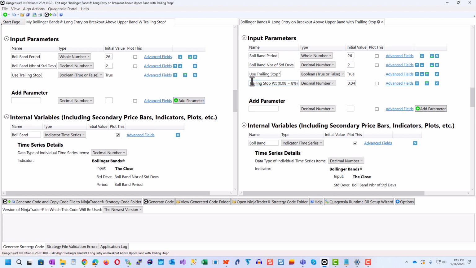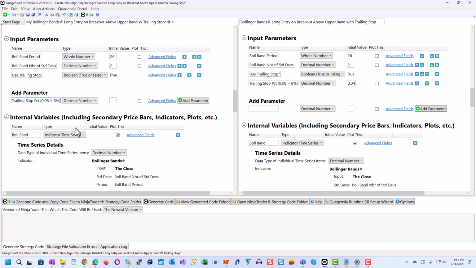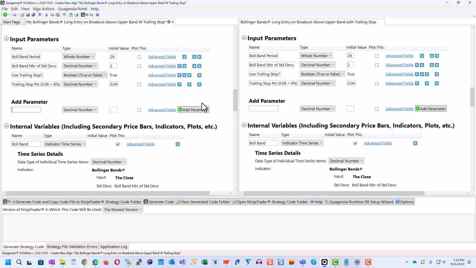And then to copy the trailing stop percent input parameter, which is a decimal number with a default value of 4%, we're going to copy this over here. It's a decimal number, and we'll have a default of 0.04. And add the parameter, and that's it.